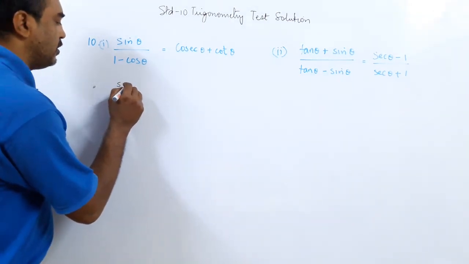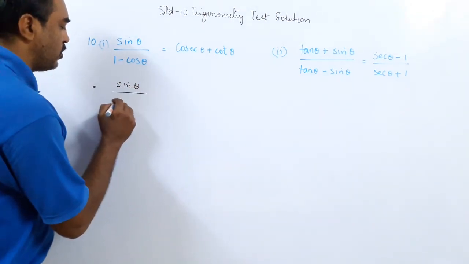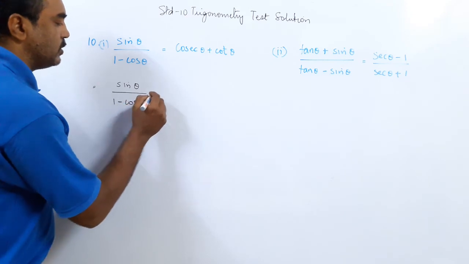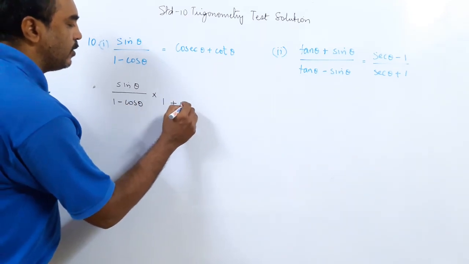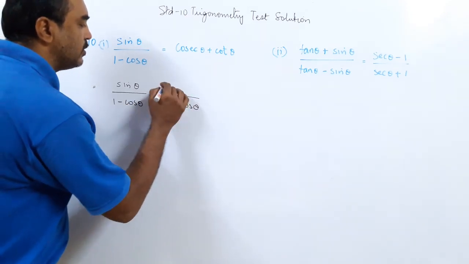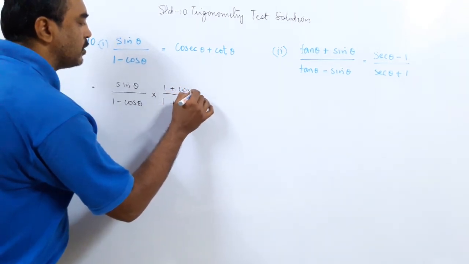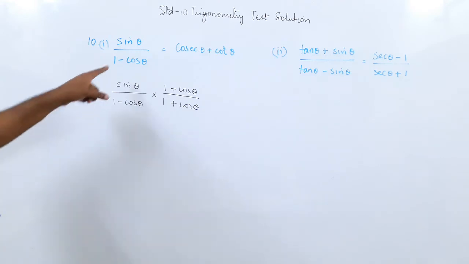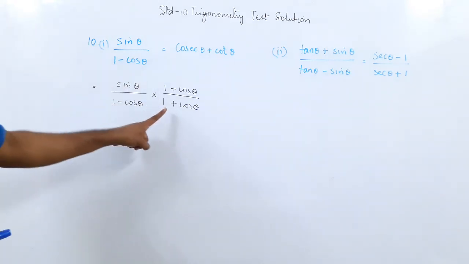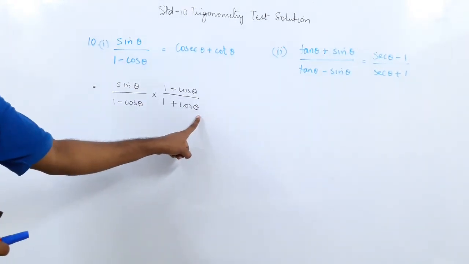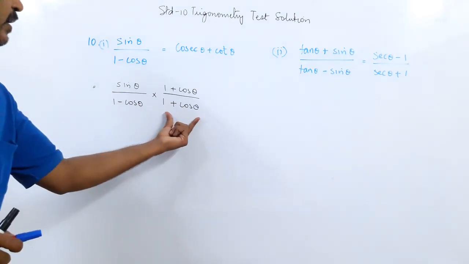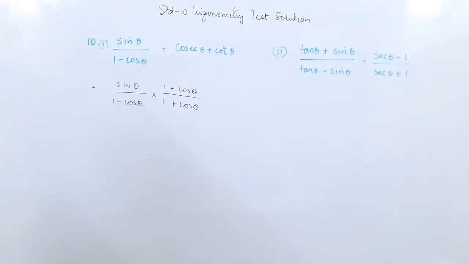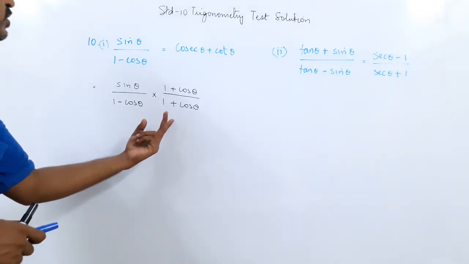We have got sin theta, you got 1 minus cos theta. So I multiply and divide by 1 plus cos theta and 1 plus cos theta. So understand this step thoroughly. What I did, I was given 1 minus cos theta, I took the conjugate 1 plus cos theta. Now if I multiply the denominator, I also have to multiply the numerator. This is a very important step. It is called the conjugate.